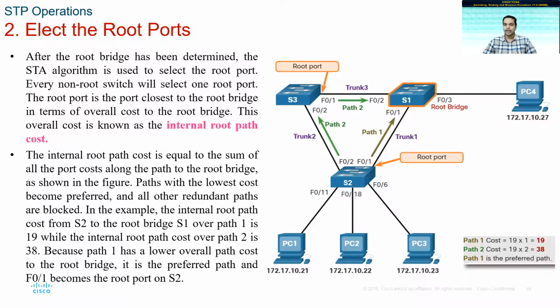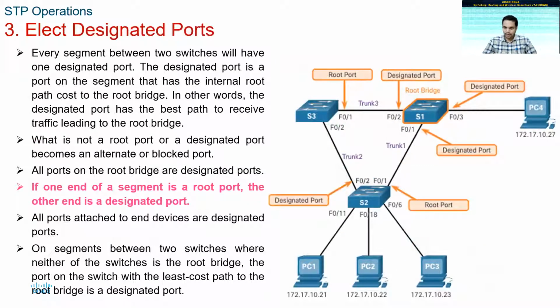Now, what is this root port? Usually, the port through which the traffic will be sent out to the root bridge will become your root port, and the other end of that link will be your designated port. If you see here, for a root bridge, all the ports are designated ports because it is going to accept traffic through these ports. For switches S2 and S3, the root port is the one through which the traffic is sent out towards the root bridge. Similarly, for S2, F0/1 is the root port, and for S3, F0/1 will be the root port.